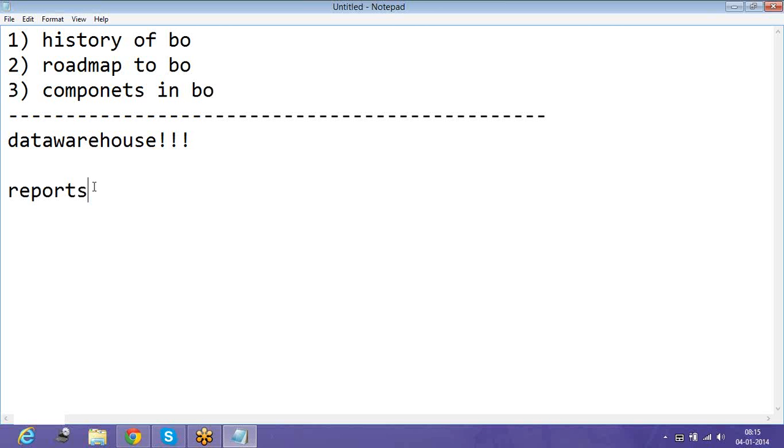The reports are of many kinds, but in order to generate these reports, we need to have certain tools. In that, business objects is one of the tools. It was actually started by a French organization in 1992. They released only one particular tool in the business objects. Business objects is a package. In this package, they released only one tool in 1992,